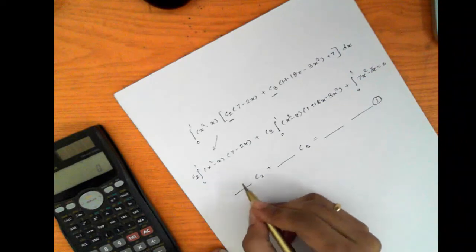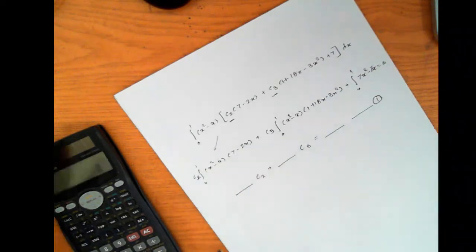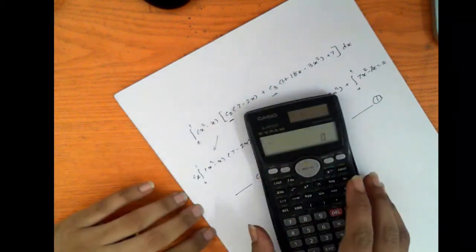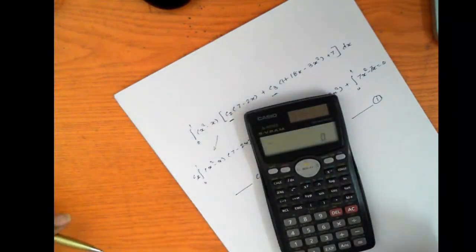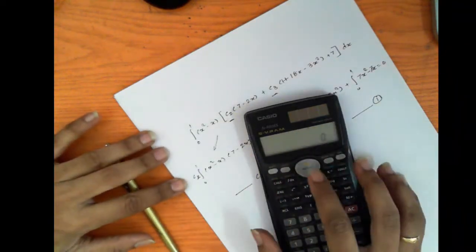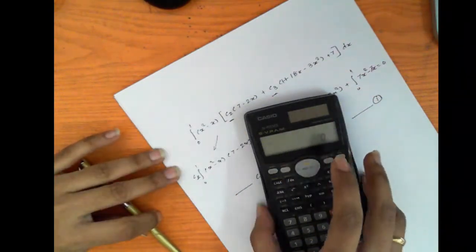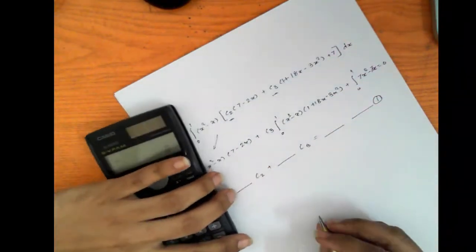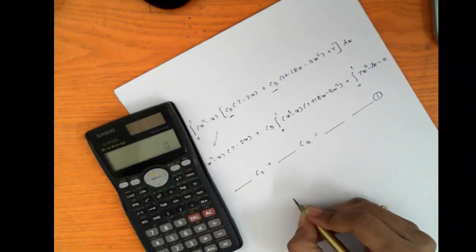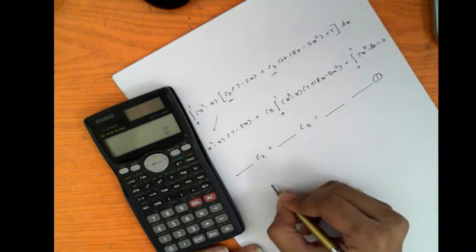So how to solve this? Don't multiply these things out. A trick will be, we will be doing this in a calculator. So I have a 911 MS here. If you have higher versions, that is 911 ES and higher versions, you can directly get the integration sign and lower limit and upper limit. But for MS, that feature is not available. So for MS, you need to understand a syntax for integration. The integration syntax is very simple.